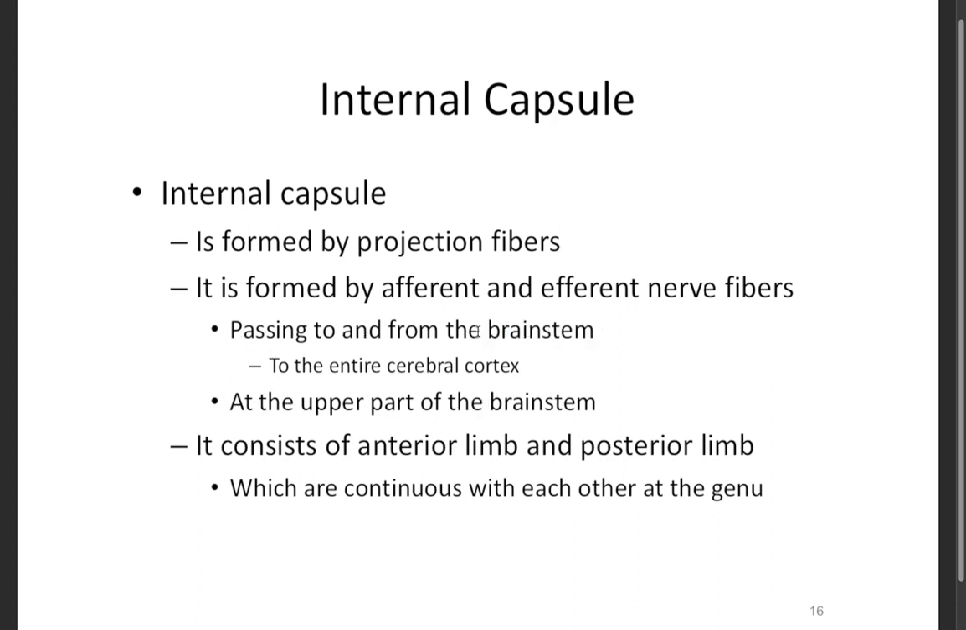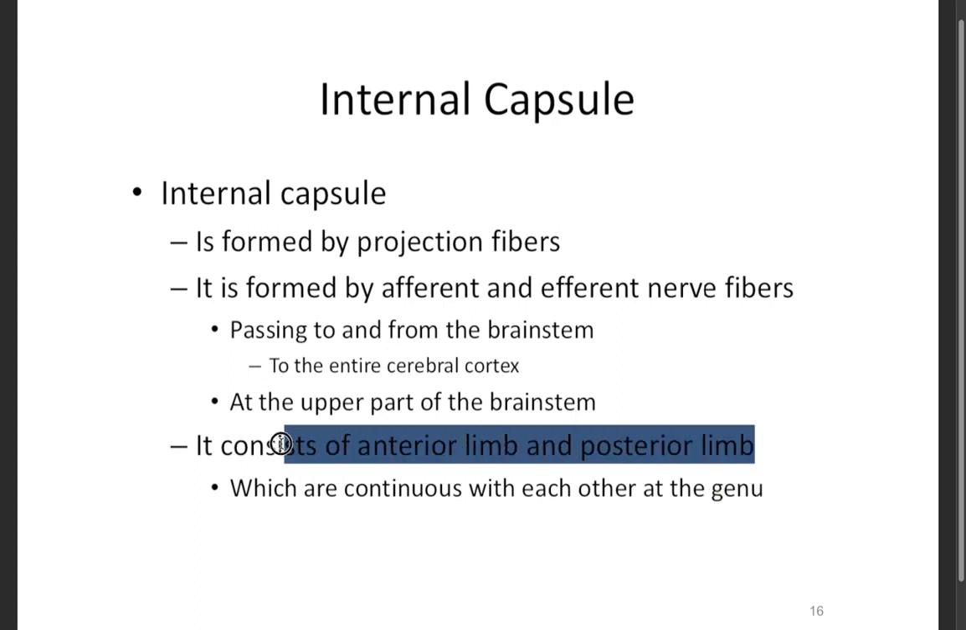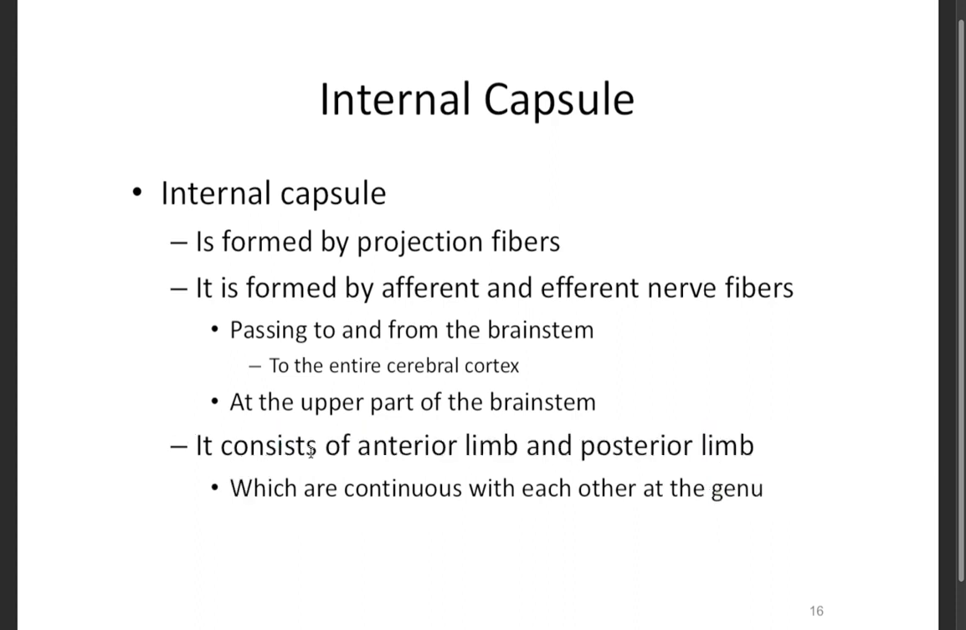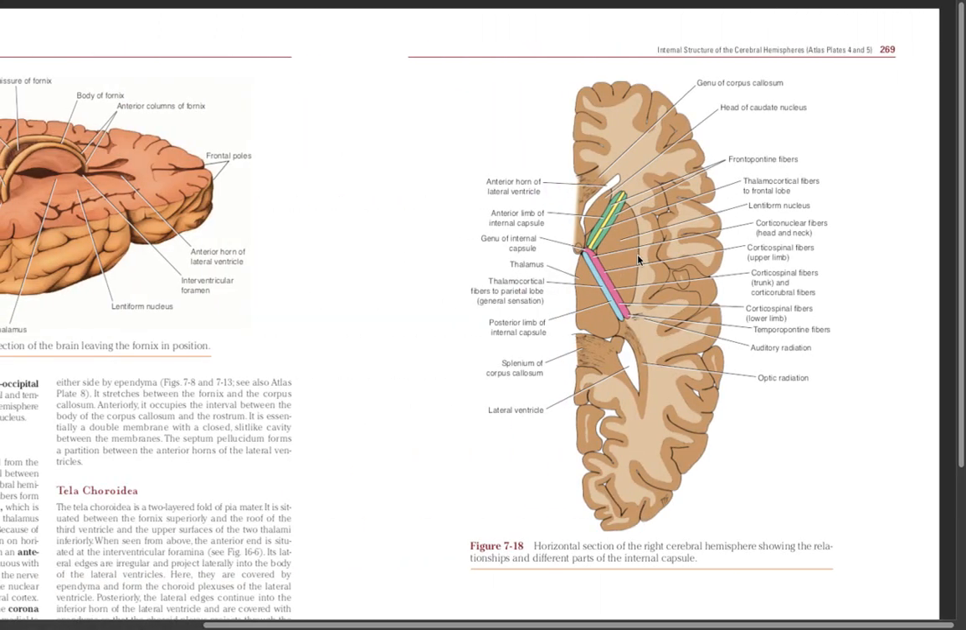Passing to and from the brain stem to the entire cerebral cortex and the upper part of the brain stem. We know that the cerebral cortex is located superiorly to the brain stem, so of course it is at the upper part of the brain stem. Now it consists of an anterior limb and a posterior limb. This is the important information, which are continuous with each other at the genu. These two sentences the doctor put in the handout, and we should know them, but to understand the picture more, I will look at